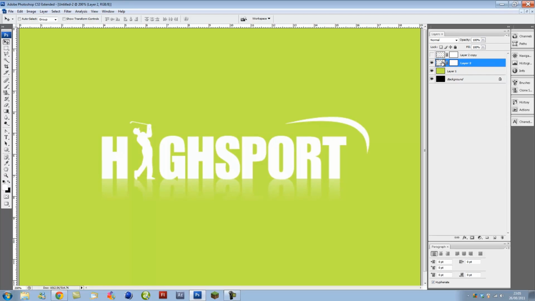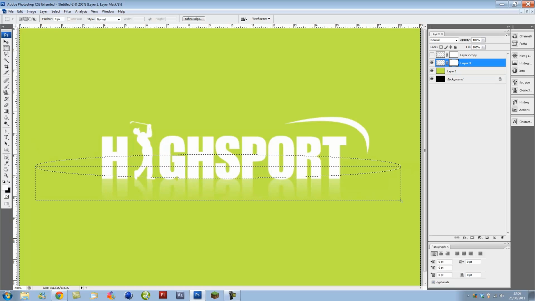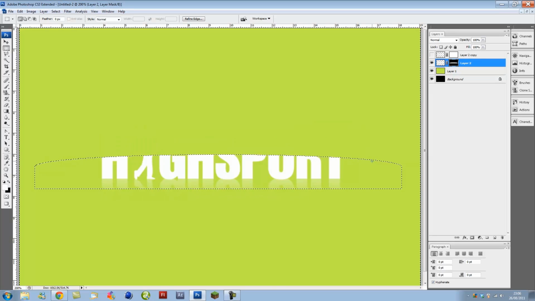Going to select the top one, the bottom one, and select the mask, and select our elliptical marquee tool, and just select about that. Press Control I to invert, and I'm going to want to save the bottom half, so I'm going to press and hold Shift and then draw the rest that way. Actually, I'm going to want to take it away, aren't I? Like so. Okay, and I'm going to want to press Delete,